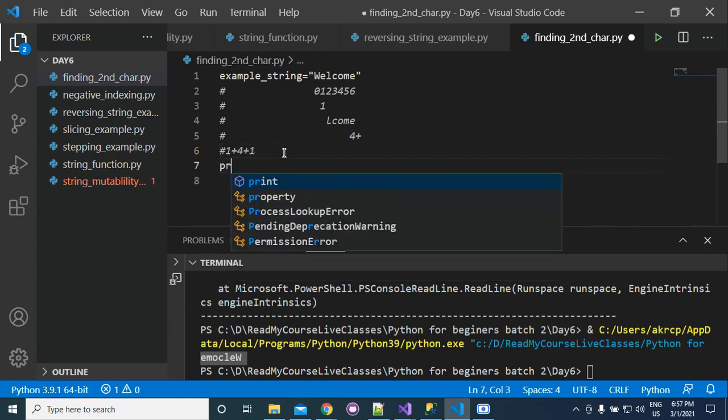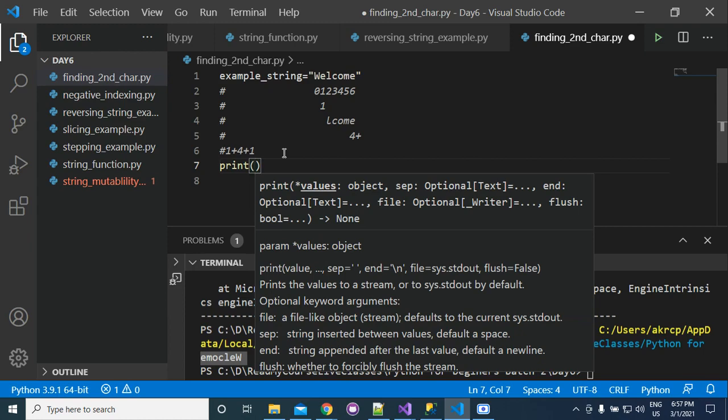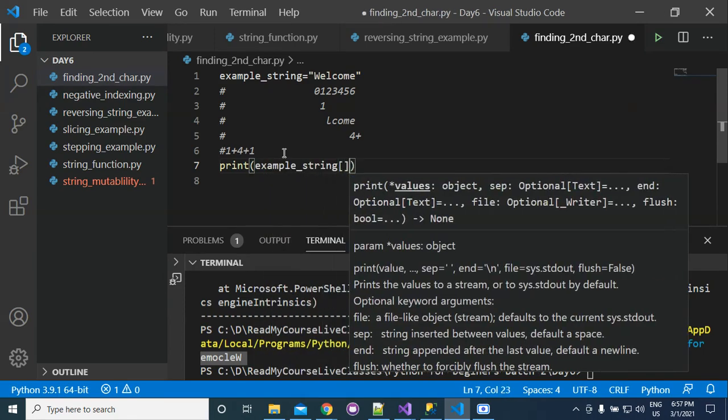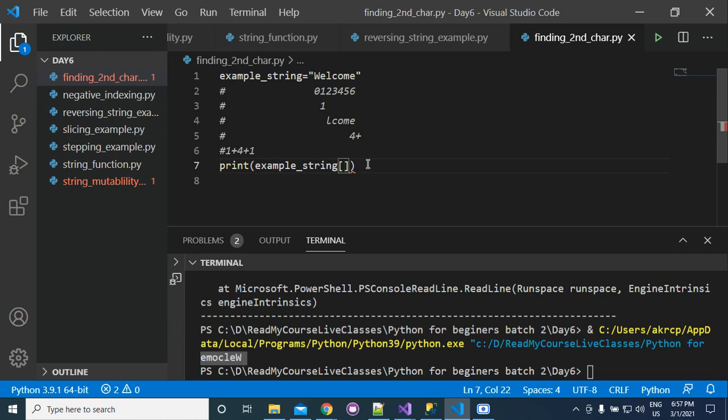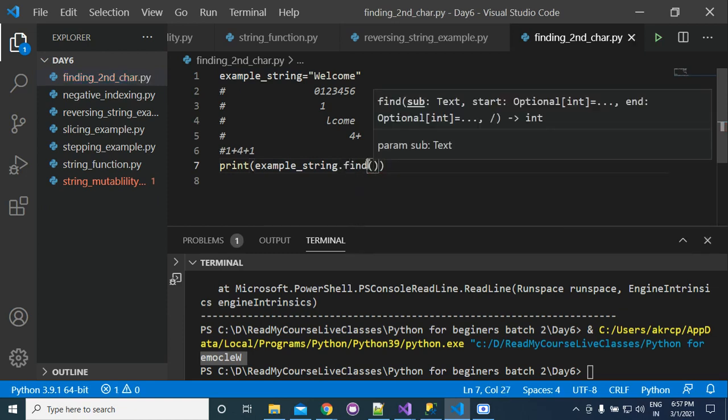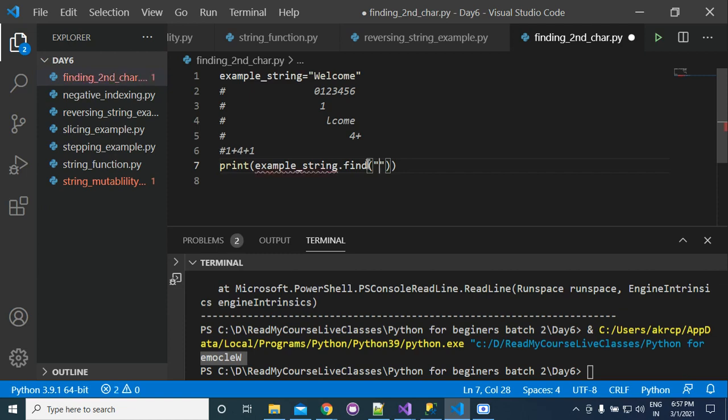So I can write this program very simply: print example string dot find E. Now you will get the first occurrence.